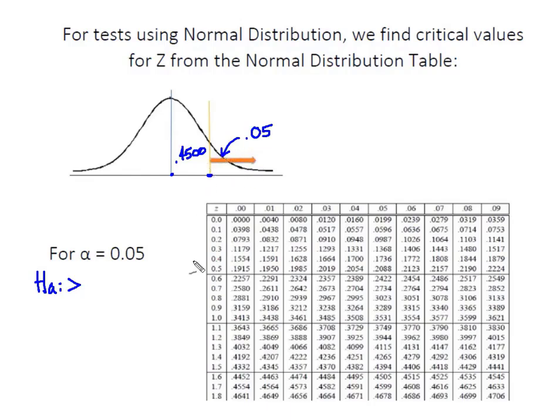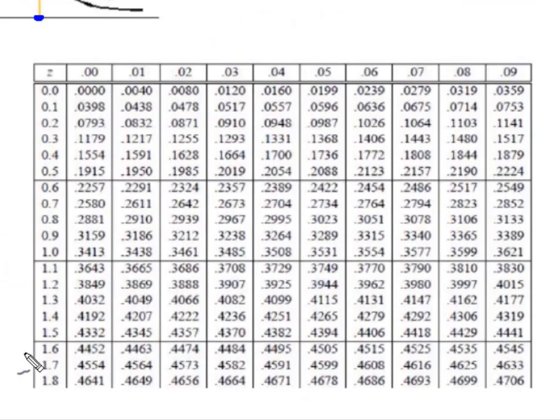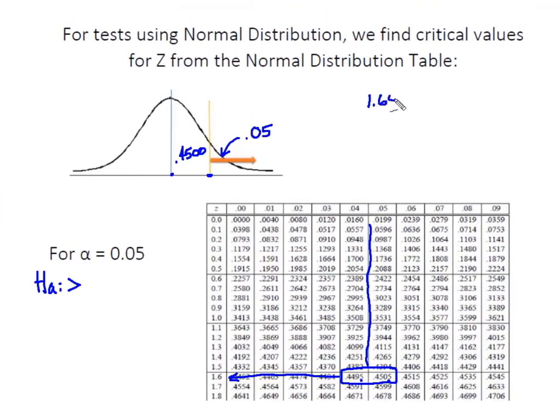And so when I look at that, and I look at 45%, I come down here and I see that I have the situation where I have 0.4495 and 0.4505. And when I move back out in my distribution table, I see that gives me 1.6. Because these are exactly the same distance apart, I'm going to split the difference, and I'm going to take the average of 1.64 and 1.65, which is going to give me a critical value equal to